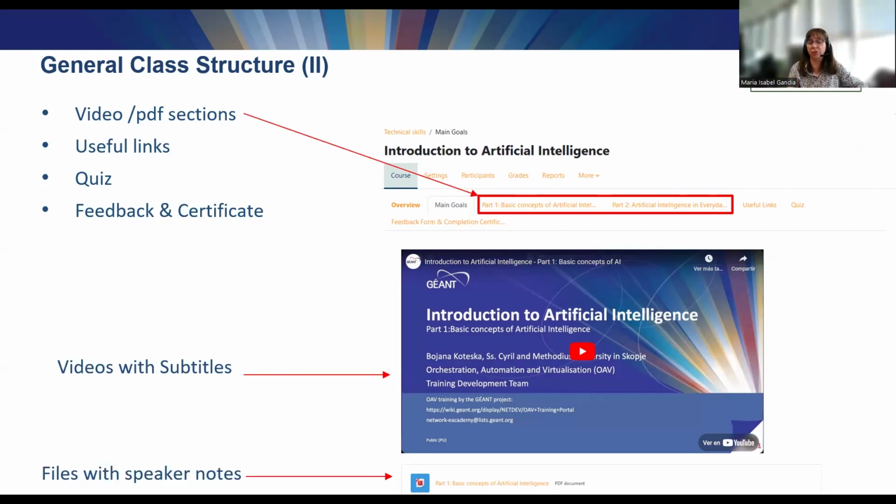So if you prefer to watch the video, you can watch the video and have the subtitles, and YouTube lets you even translate the subtitles if you want to. And the files with the speaker notes are for those who prefer reading and watching it in a text mode and not as a video with the trainer. And there is another functionality, and it is that you can also join the trainers every first Tuesday of every month. If you have questions about any of the units, you can just reach us and we can send you the link to the video conference room.